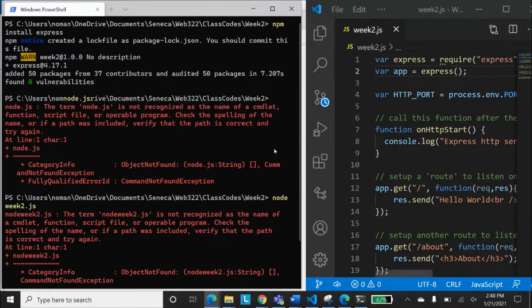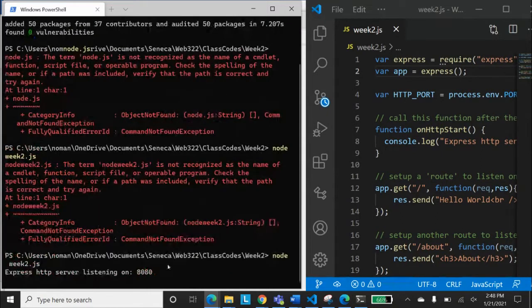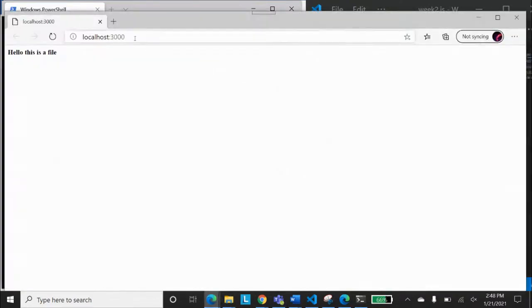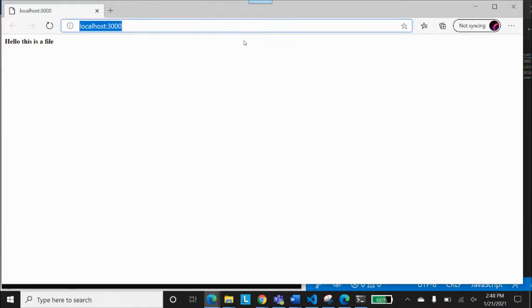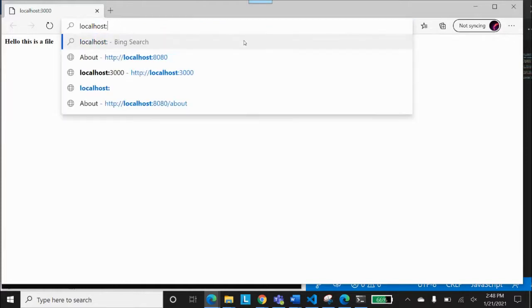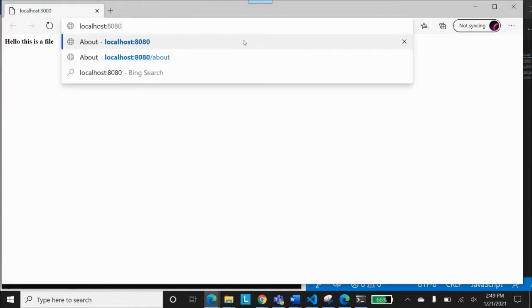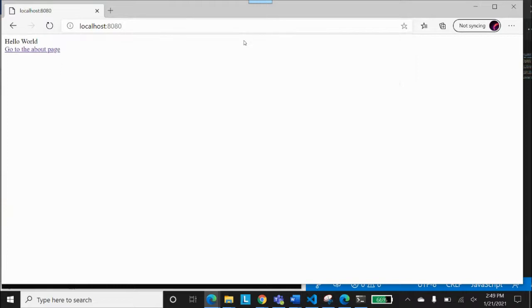Right. So now let's first check that one, and then we'll come back to it. It says server listening at 8080. That means I can access my server now at 8080, where this Express server is running. The earlier one was on 3000, which was run by npx lite-server. Now all of you can see this output. I hope that my screen is visible to you. Yes, all of you see this output: Hello world, go to the about page.